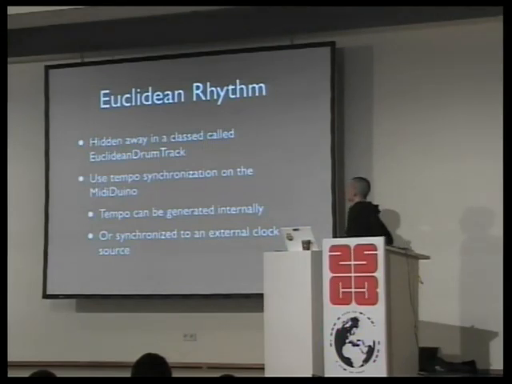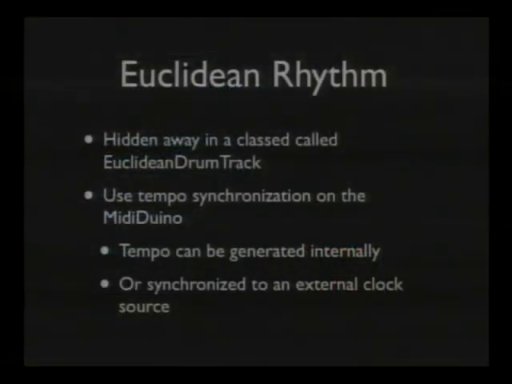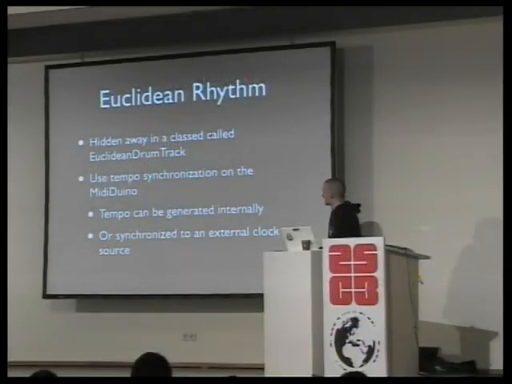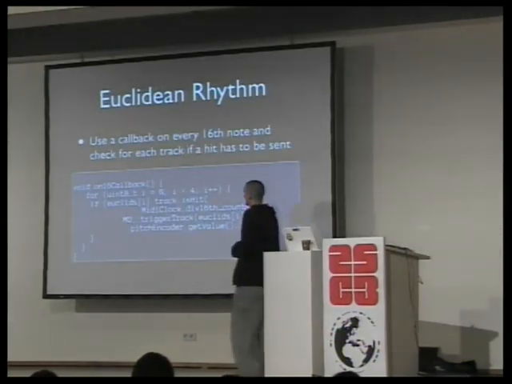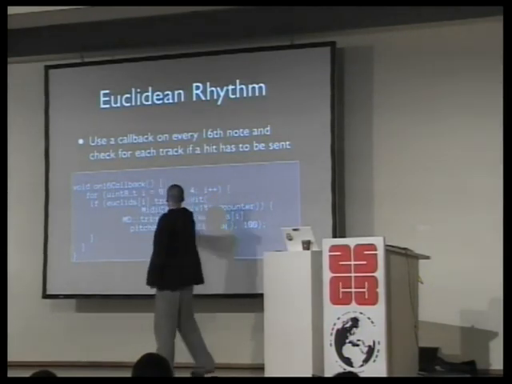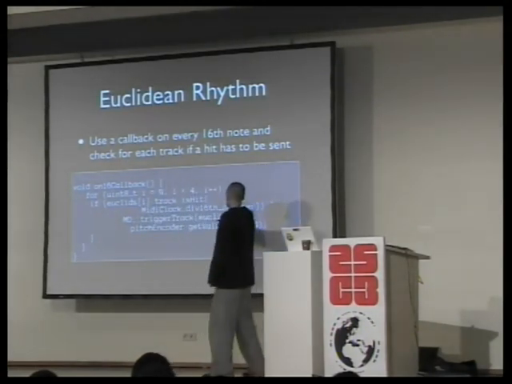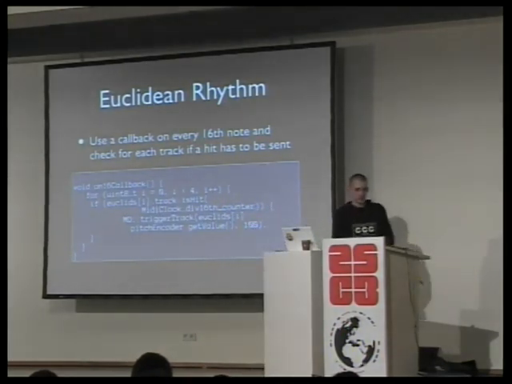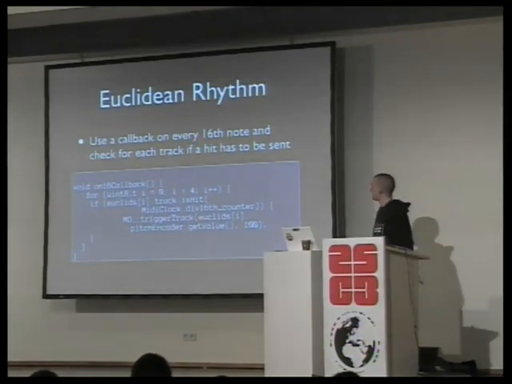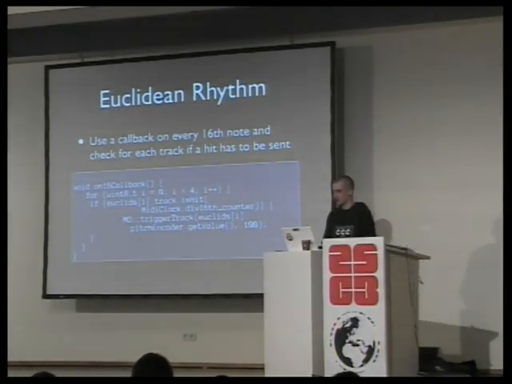So I built this 4-track synthesizer using the tempo synchronization on my board, so it's really tight when you use an external sequencer. You can generate the tempo internally as well, then use a knob to set the BPM, for example. And all I do is on every 16th callback, I use the Euclidean rhythm tracks, check if that track is being hit, and if that's the case, I trigger a track on the machine drum. So I haven't actually taken the board with that software with me, but if you come tomorrow, I'll be able to show you, and there are some really cool rhythms and polyrhythms hidden in it.